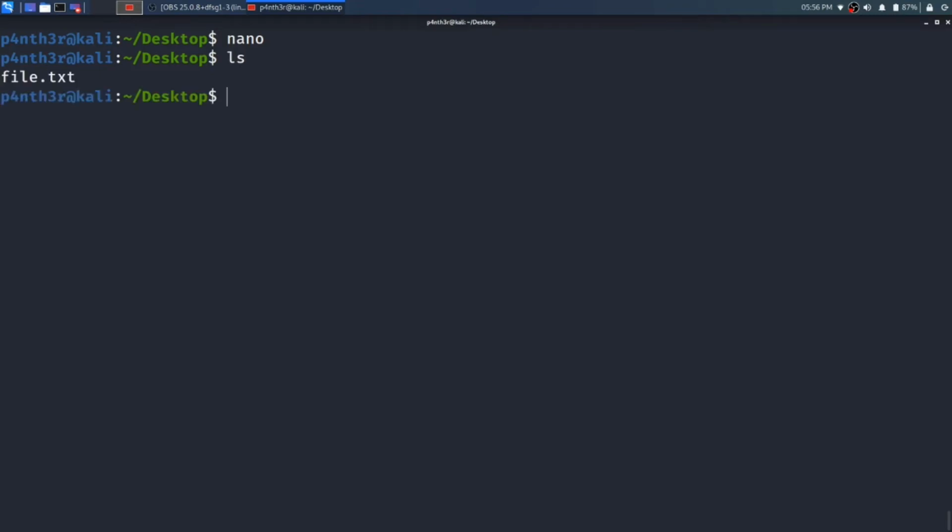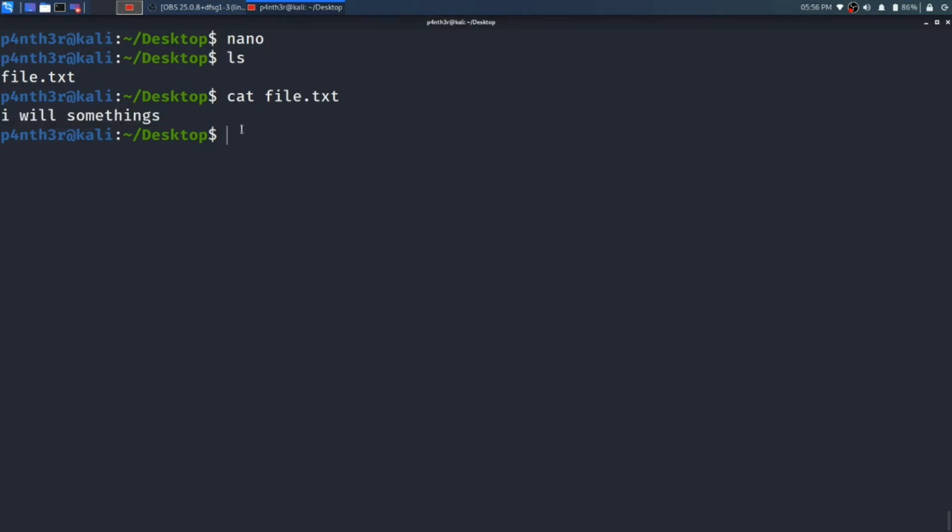So press ls to see all the files. It is showing file.txt here. Now I am going to read that file, to see what is in it. See here, what I had written in that file and saved is shown.